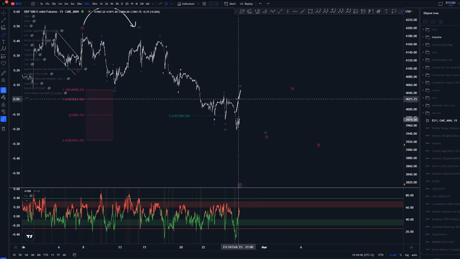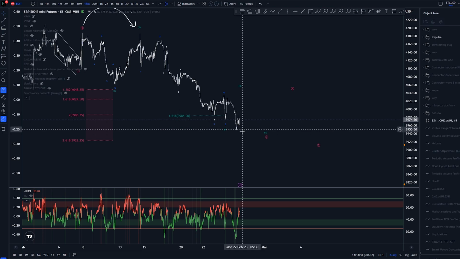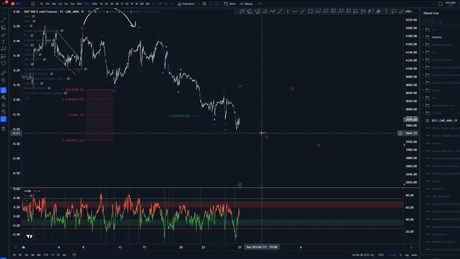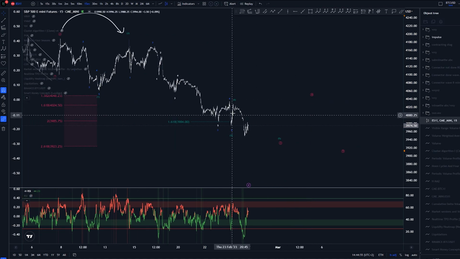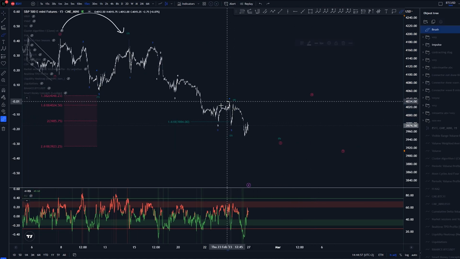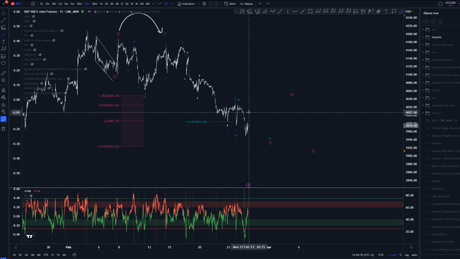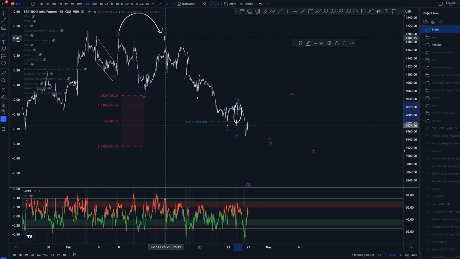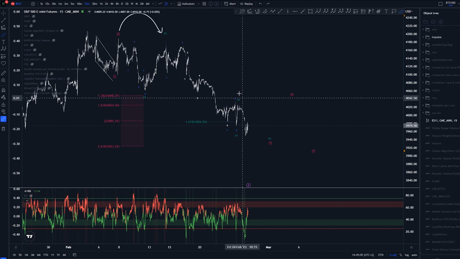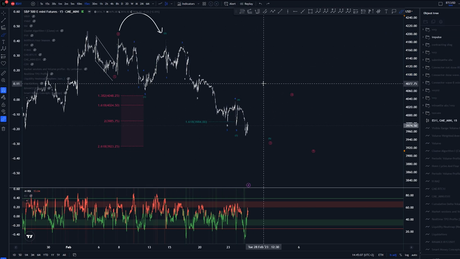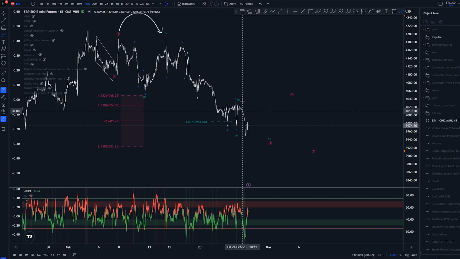However, we did not get that. We just got a move completely to the downside. I'm not quite sure if I want to be labeling this as the wave 4, as this wave 4 would be even smaller than the previous structure here. And comparing this wave 4 to this wave 2 here is kind of small. We can see that there is a lot of different size, or at least the comparison between these two is